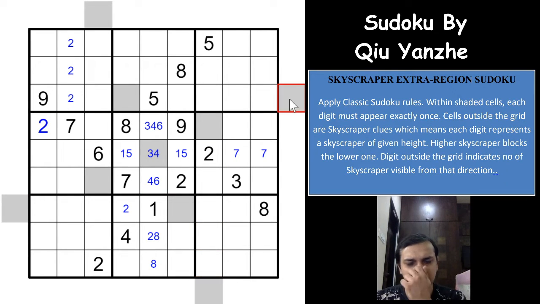A 9 can be here, 1 2 3 4 5 6 7 8 9. Excellent, it is possible. So let us mark a pencil mark of 9 here. A 9 is not possible here, neither here nor here, neither here, and here it is possible. Exactly, see. So it is so easy to eliminate a 9 from a skyscraper constraint, right? Usually in a skyscraper constraint, when you have such cases, go for the higher digits. Superb. So a 9 is eliminated from all the other cells, and you have a 9 in one of these two cells, right?